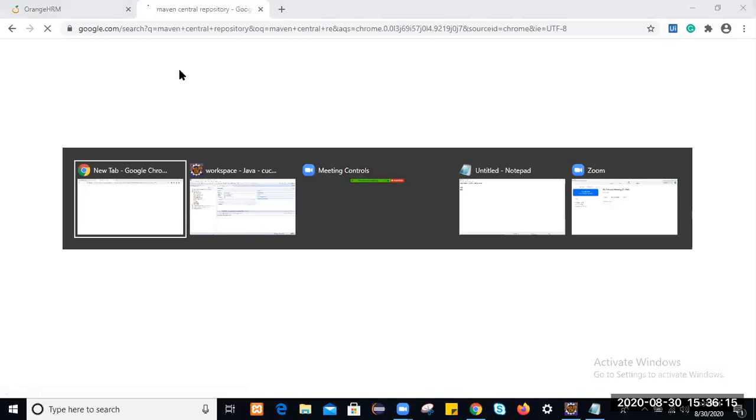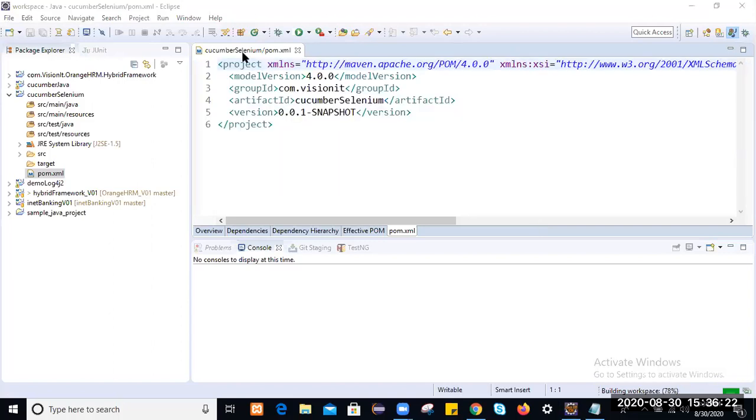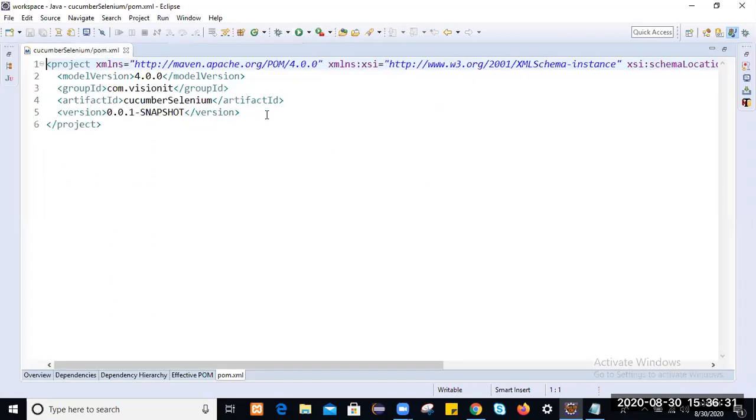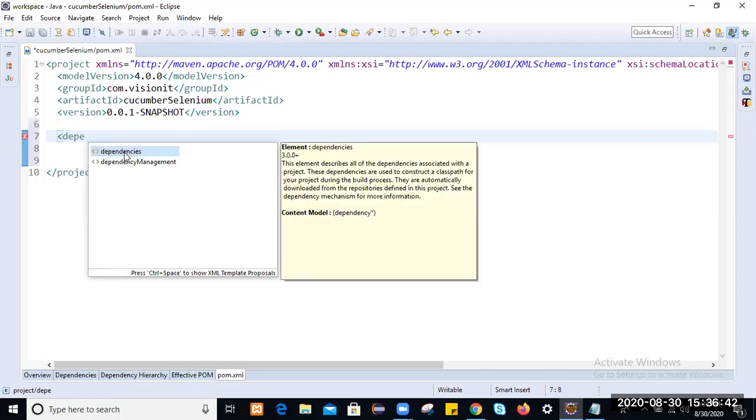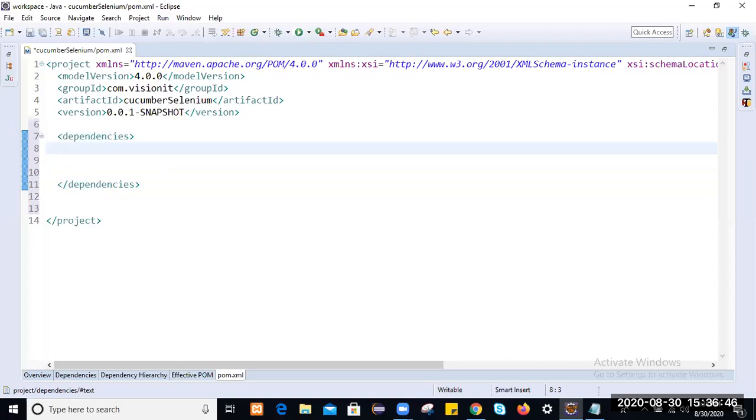Within this pom.xml, we will add all the jars, means we'll add all the dependencies. Just use one dependencies tag. Within this dependencies tag, all the required dependencies we will update here.